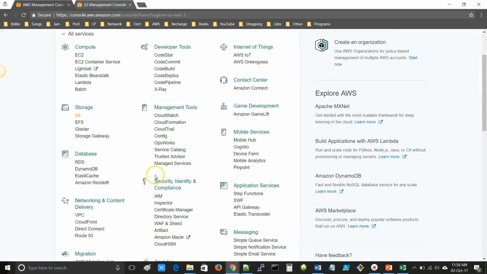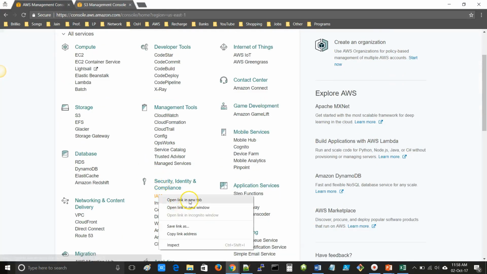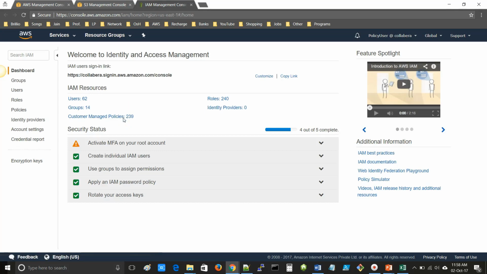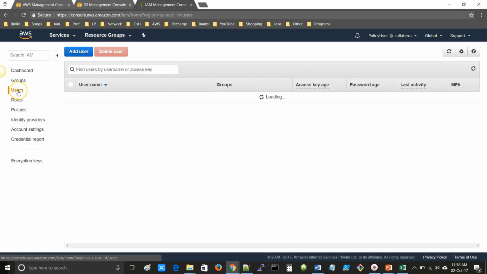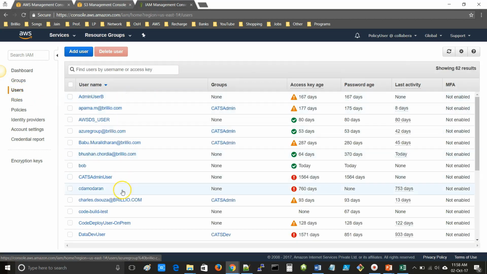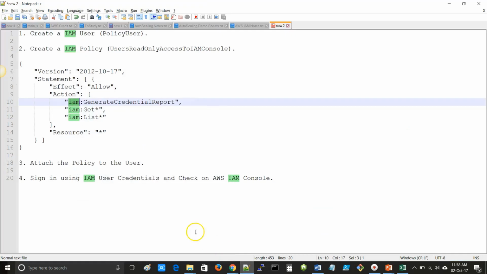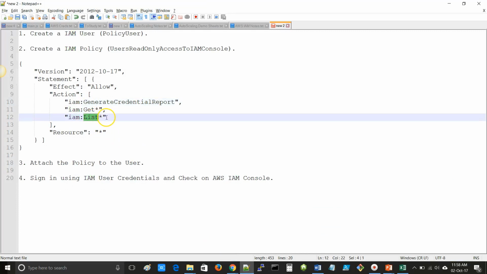Now let's see the IAM. Open the IAM. Now click on user. So here you can see that we have a permission of list star.